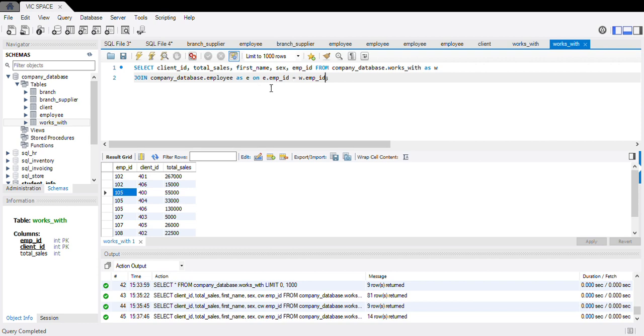So we are joining them on this basis. Now let me explain the code again. Join company's database dot employee as E. I just changed it to E, though this is not a big deal. So I'm joining them on the employee's ID